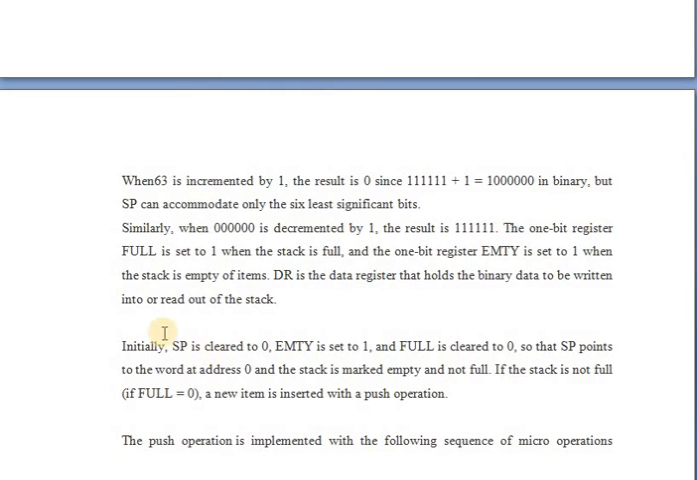The 1 bit register FULL is set to 1 when the stack is full, and the 1 bit register EMPTY is set to 1 when the stack is empty of items. DR is the data register that holds the binary data to be written into or read out of the stack. Initially SP is cleared to 0, EMPTY is set to 1 and FULL is cleared to 0, so that the stack pointer points to the word at address 0